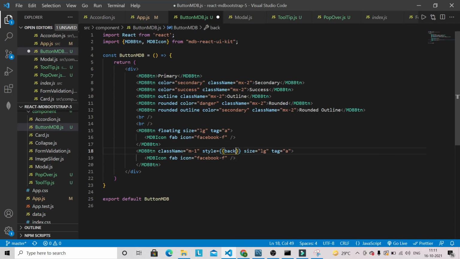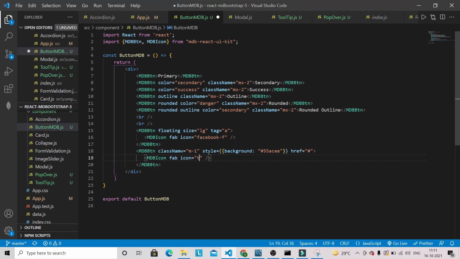This way you can specify your own styling. I'm going to give a background color of 55ACEE. Okay, and we can remove this one. You can give href, and this time I'm going to use a Twitter icon.